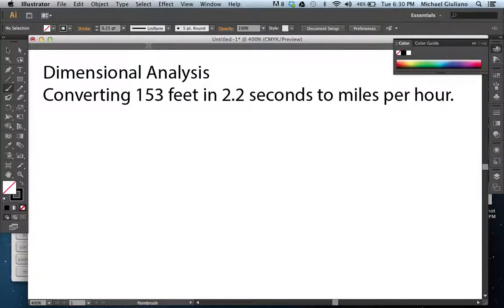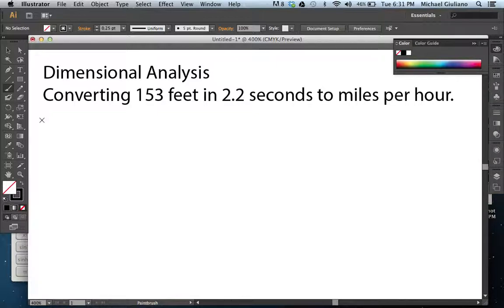Alright, dude. This process is called dimensional analysis. Definitely good to use that phrase because using big math terms intimidates people who don't know anything about math. But it's actually something kind of simple. So if you're looking at converting 153 feet in 2.2 seconds to miles per hour, the first thing you need